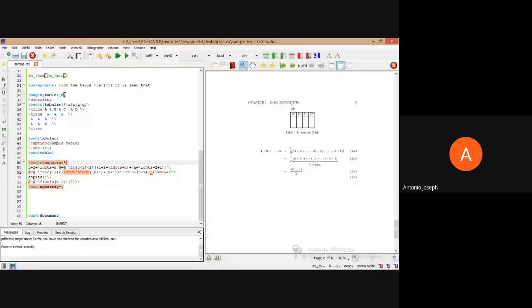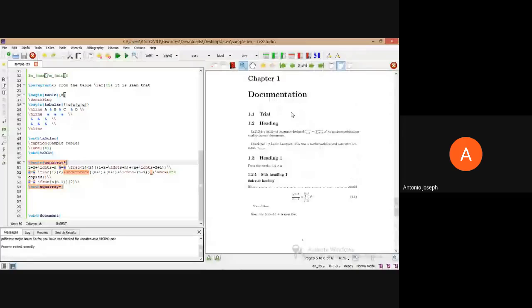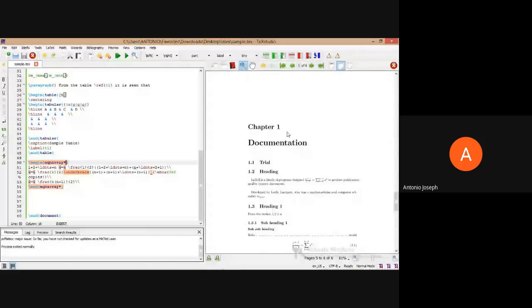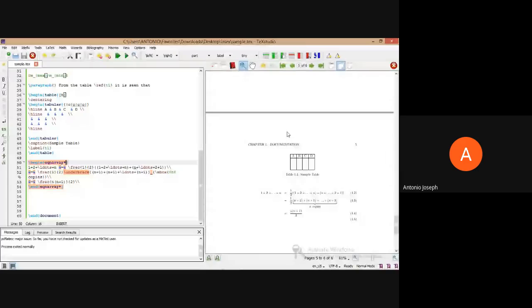Okay, so this is the first page of the first chapter, and now we have moved to the second page, and we can see the title of that particular chapter on the second page, Chapter 1 Documentation, and at the same time we can see the page number also. So this is how, by default, this heading will be provided.